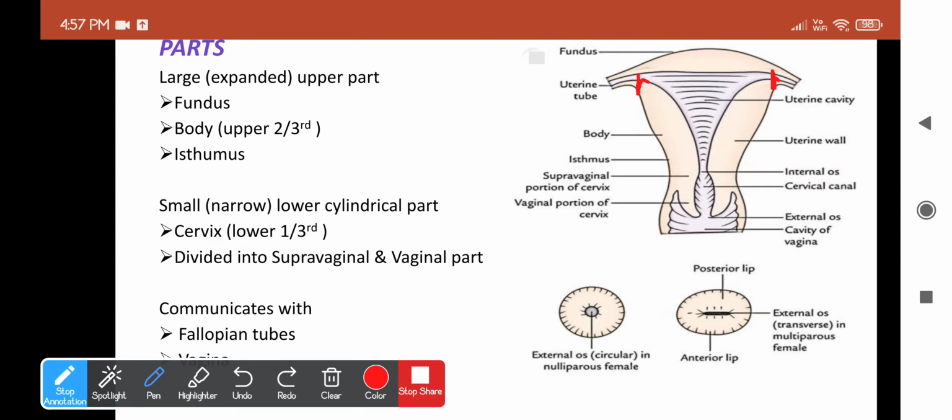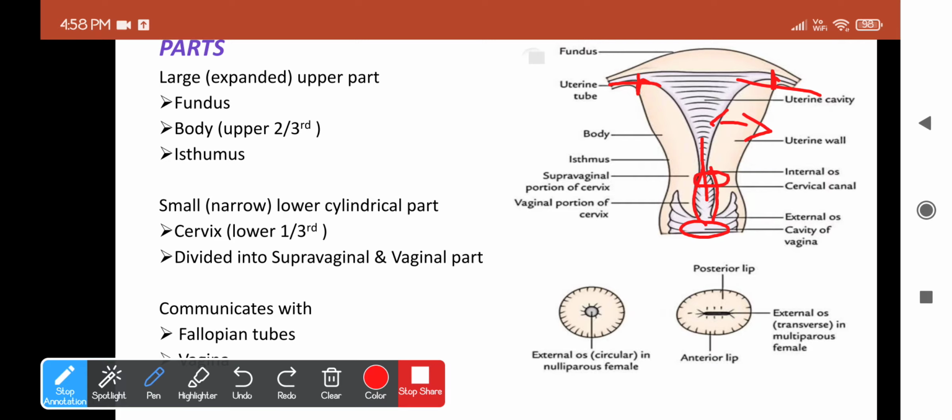Then about the uterine cavity, if you take the uterus, it has a thick muscular wall. Okay, and thereby the uterine cavity is just a meager slit and appears triangular in coronal section, and this will communicate with the fallopian tube at the upper end and with the cervix at the lower end. Okay, and this is the cervical canal, which is the cavity of the cervix, which will be spindle shaped, that is elongated in the middle. This will communicate with the uterine cavity at the upper end with the help of the internal os, and with the vagina with the help of the external os.